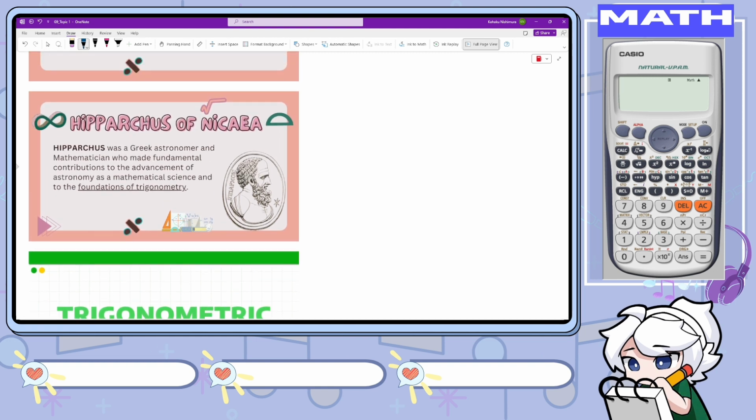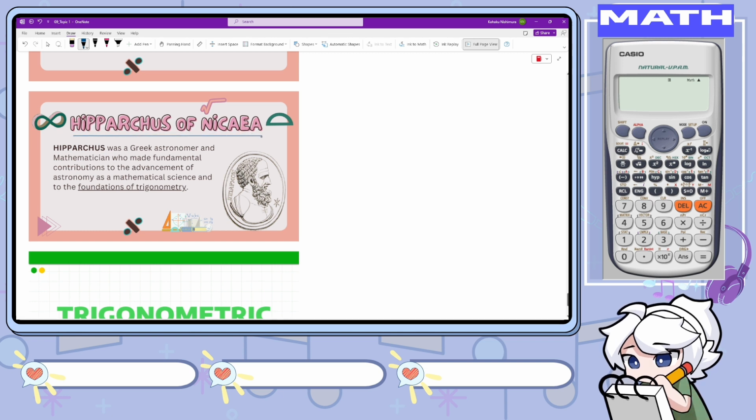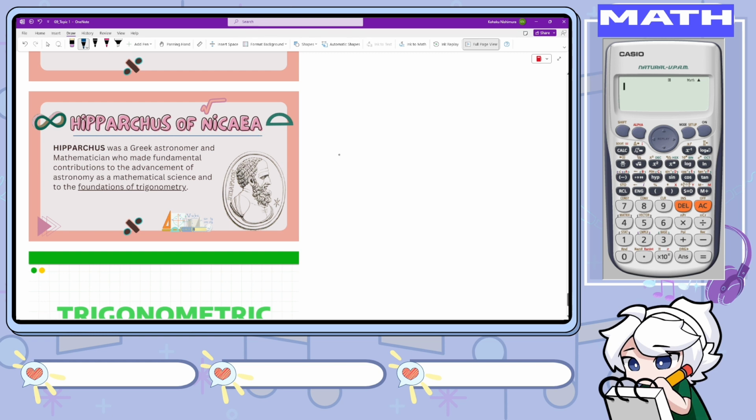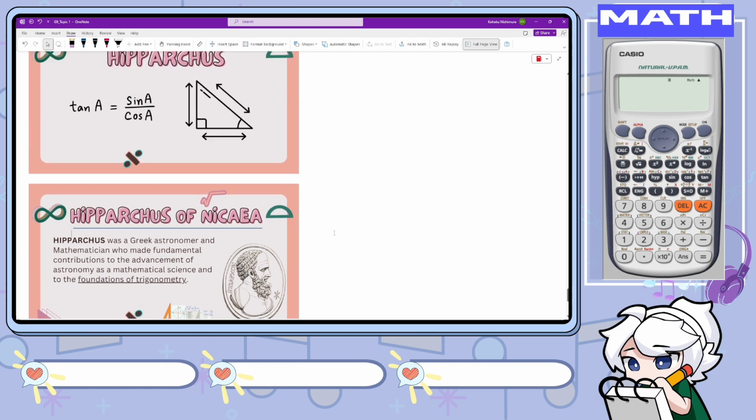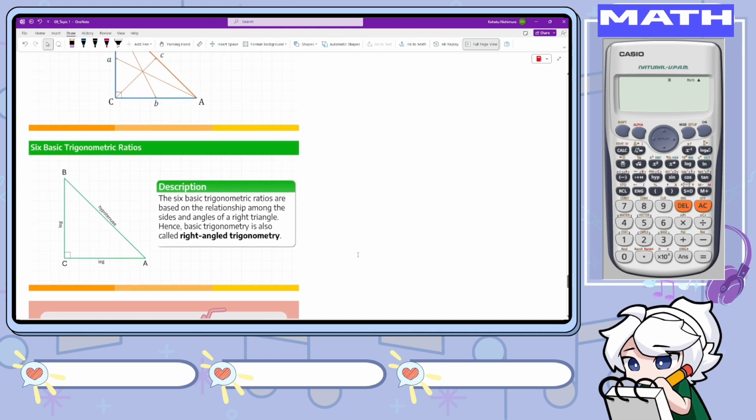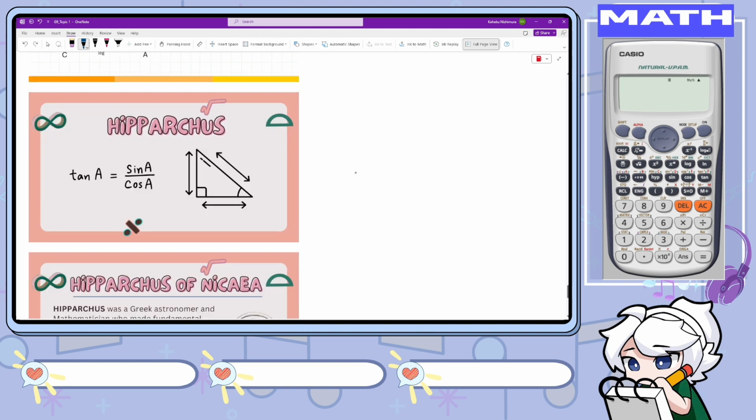The first part that we have discussed is a bit of history about trigonometry. If you remember in your short test, the one that has been mentioned is Hipparchus of Nicaea. Hipparchus is the one who made an advancement in trigonometry, especially the table of trigonometric values. So, to give a brief moment of what a right triangle is, we